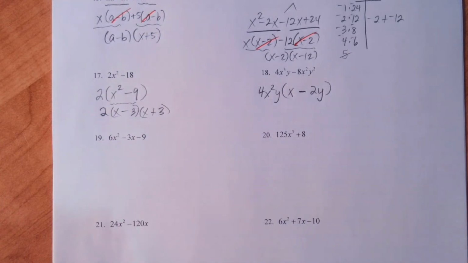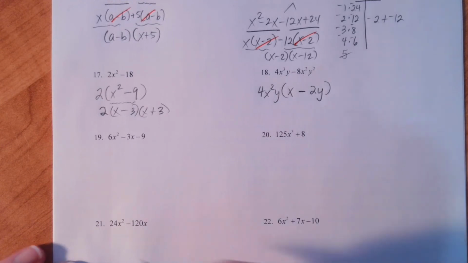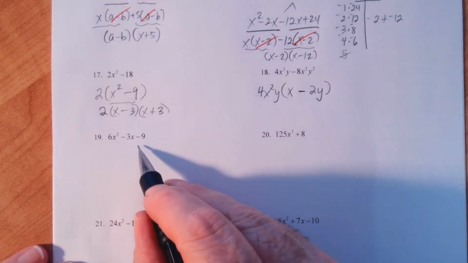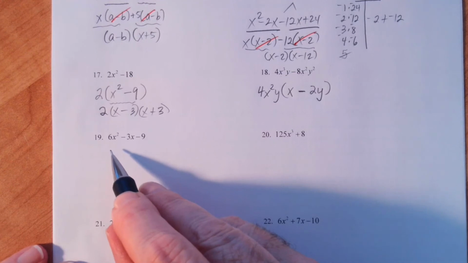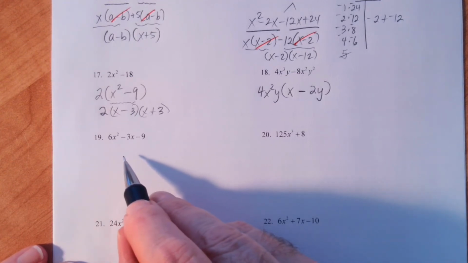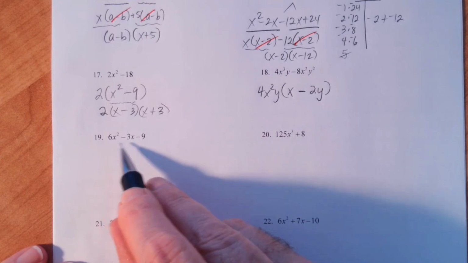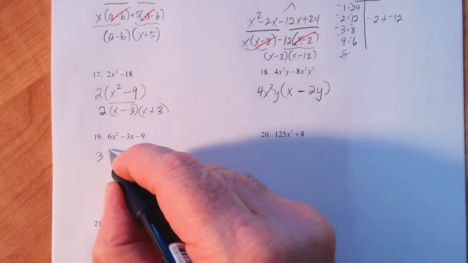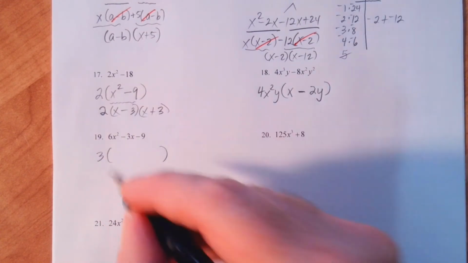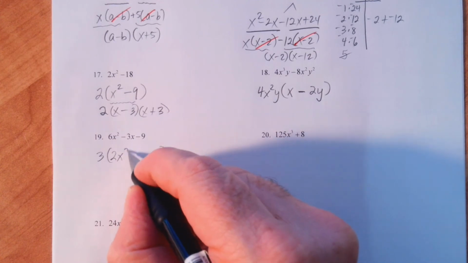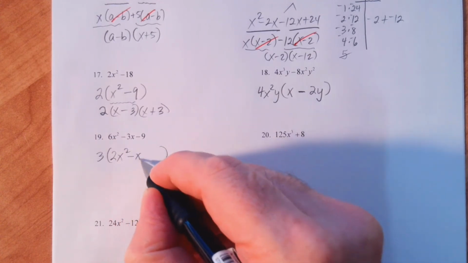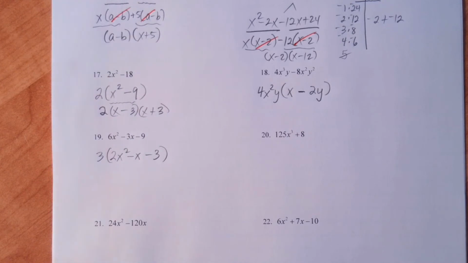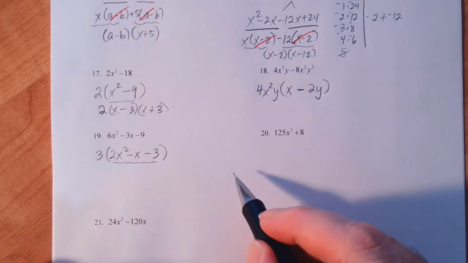All right, let's look at number 19. So on number 19, you could just jump right into the AC method, but you'll find your work's going to be a little bit easier if you start by factoring out a GCF, because there's a common factor of 3. Normally, if students don't factor the GCF out at the beginning, they forget to do it in the end. So it's just best to get it factored out right away. So we're going to have 3 terms here, 3 times 2x squared minus x minus 3. So what's inside here, we're going to need to factor